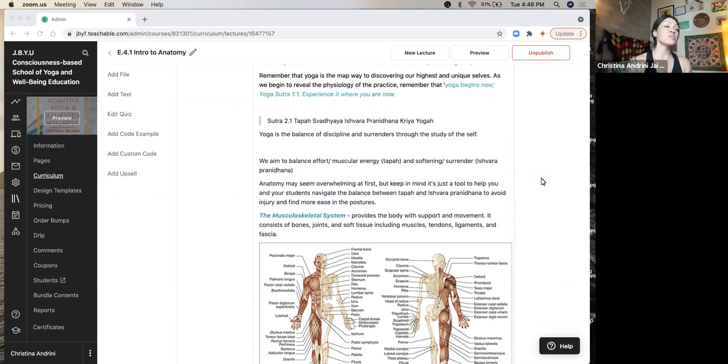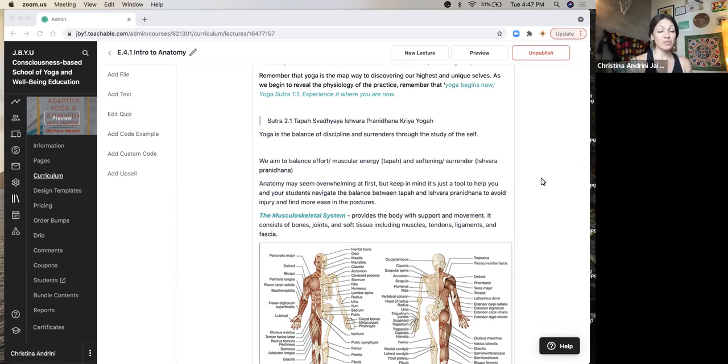So these two are very important sutras as we meet ourselves where we're at, and that's when we begin our practice. It's not where we want to go, and it's not where we were before. It's where we're at right now in the present moment. And we aim to balance the effort, muscular energy, the tapas, and the softening, the surrendering, that Ishvara Pranidhana, which